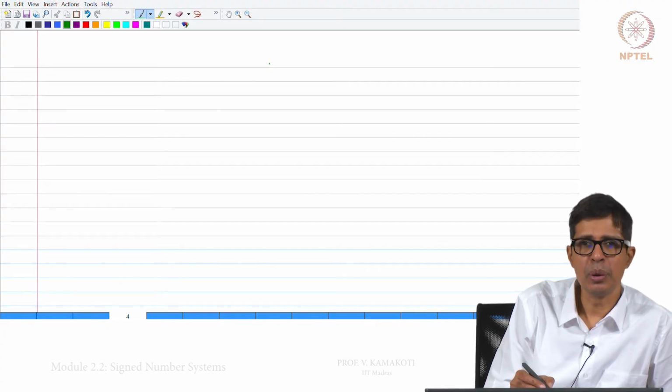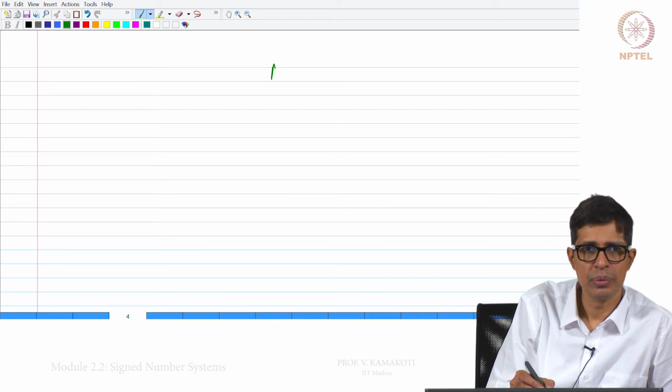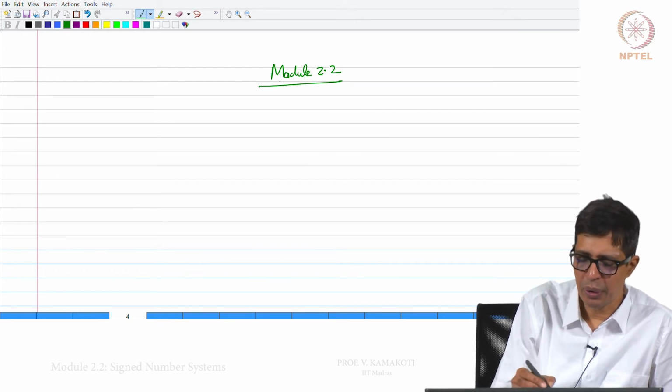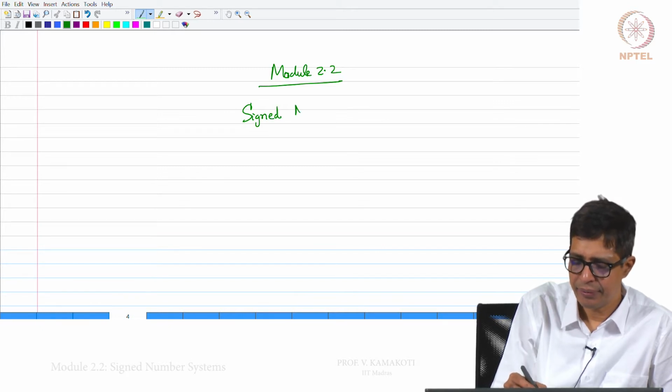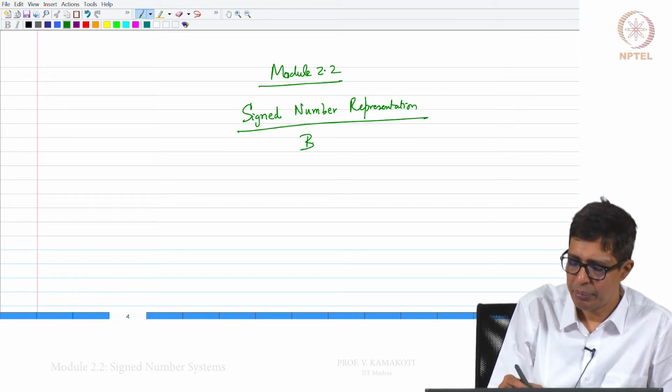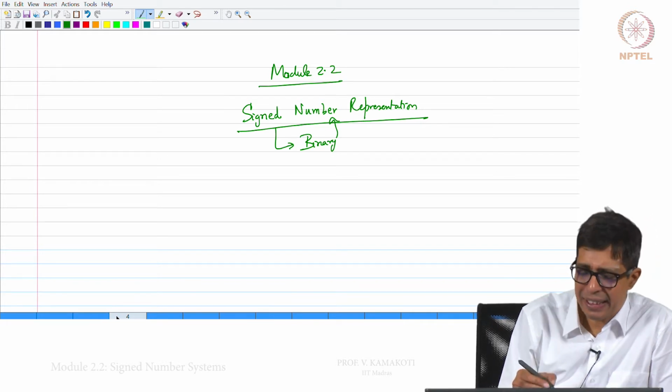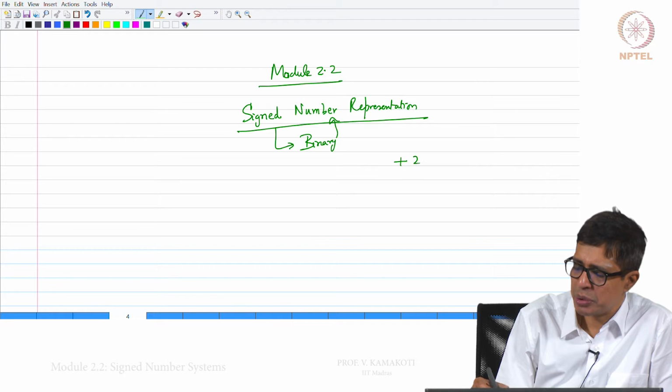So, welcome to module 2.2. In this module, we will look at signed number representation, or what we call signed binary number representation. So, how do you represent a signed integer, say +2,